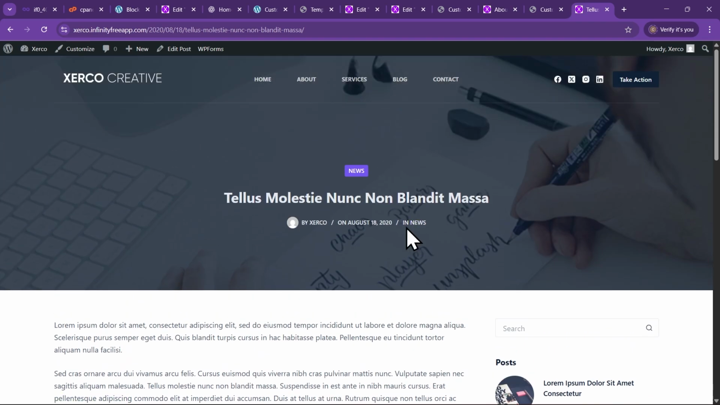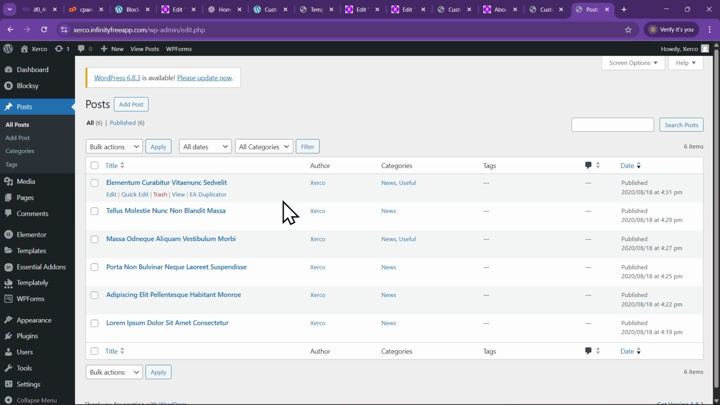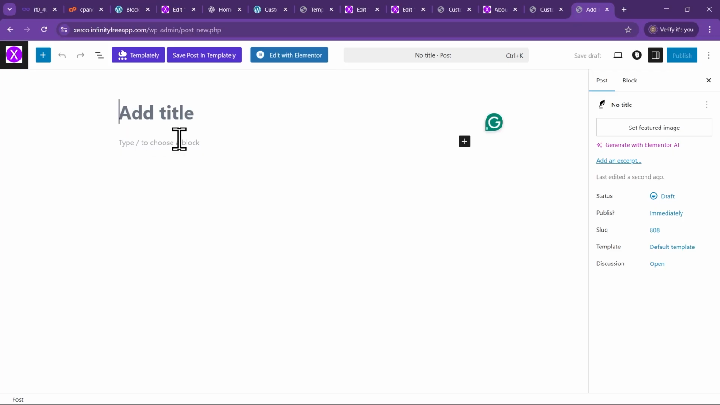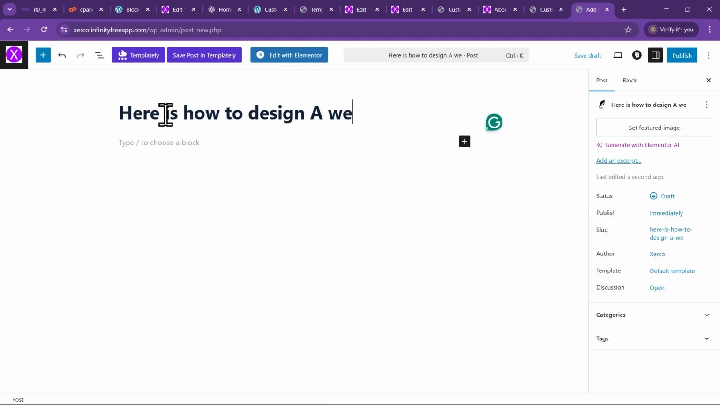So now I'm sure you know how to add blogs to your website, and if you don't, this is how you do that. So just go to the back end of your website, go to the dashboard right here, and you want to go to posts, and these are the posts that we have already on the website. So just to add a blog, just click on add post, and from here you can add the title of your blog post. See, here is how to design a website,